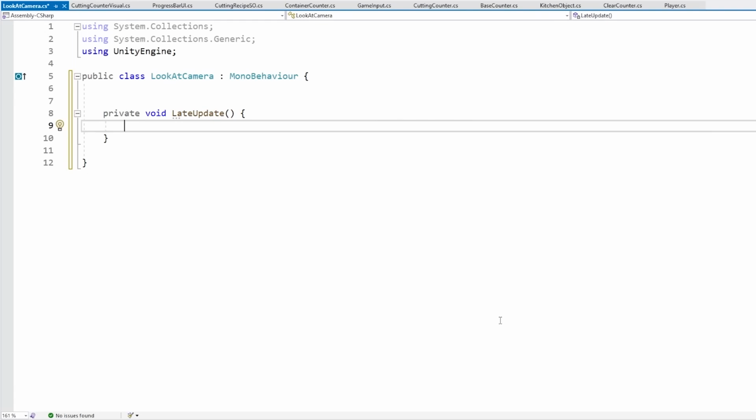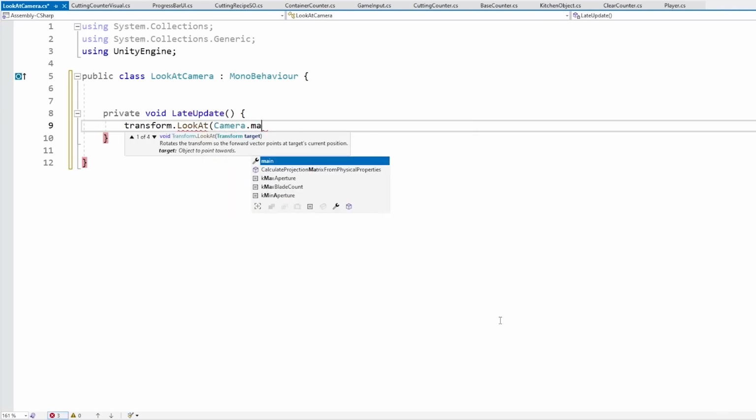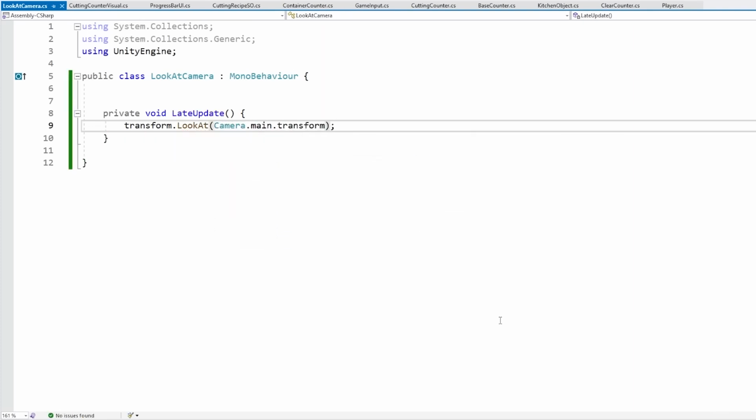But for example, if you had some kind of moving vehicle with a world canvas on top, you would want to set the world canvas location to look at the camera after the vehicle had moved. Otherwise the canvas would not look perfect. So anyways, because here we're doing it on late update, now we can just look straight at the camera. So we can just do transform.lookAt, and for the target, pass in the camera.main.transform. This function makes this transform look at another transform or another point, so this will make it look straight at